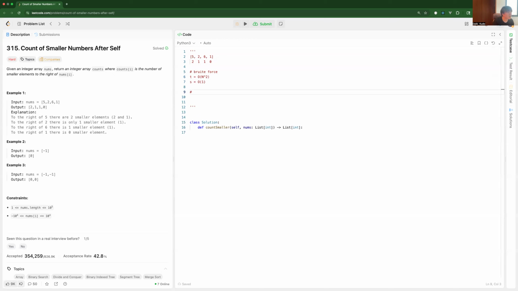So let me tell you about the more optimized approach. I have solved this question before, and I actually don't have so much time today, so I won't pretend that I see this question for the first time and struggle to solve it. Simply saying, there are three solutions I know for this. The first one uses a segment tree,